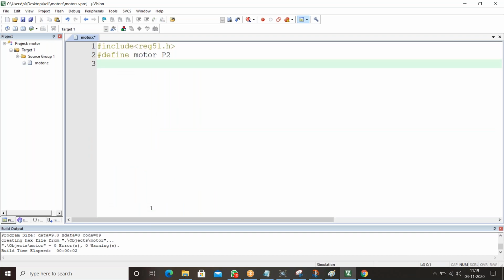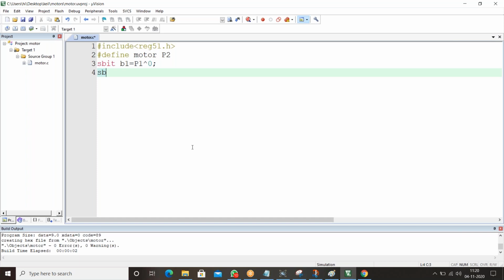As defined, motor to port 2. sbit button B1 is equal to port 1 pin number 0, right? sbit button B2 is equal to port 1 pin number 1.